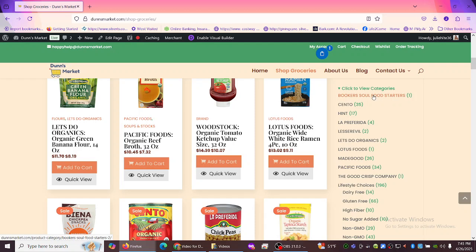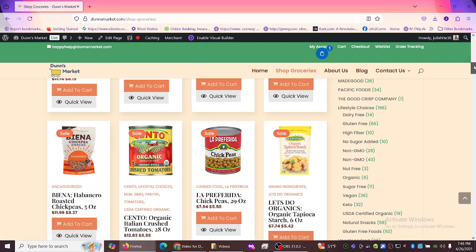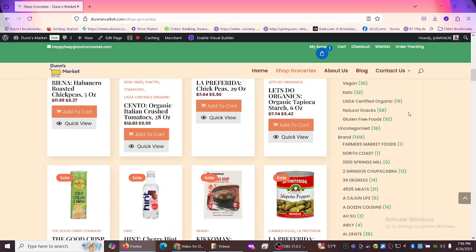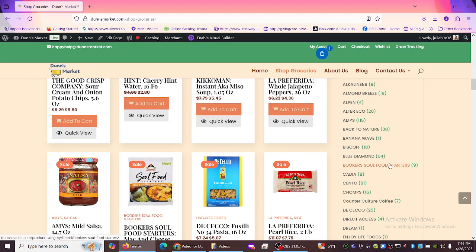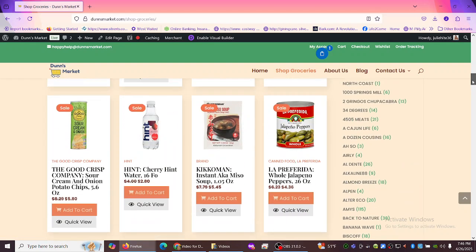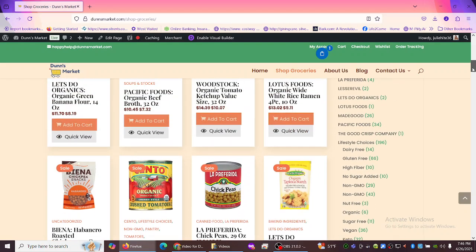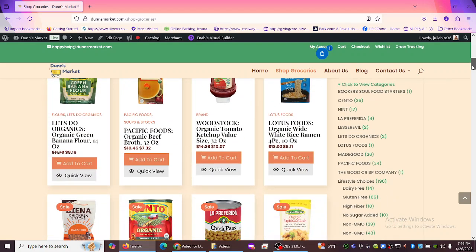So we look at Booker's Soul Food Starters, and then we scroll down. That should be under this brand right here, this term brand, and under that we should find it, and there it is. So you can see there's 9 products in this one, and the feed brought in a new Booker's product, and it created its own category. So we actually don't want that. So what we're going to do is go over here to the dashboard,